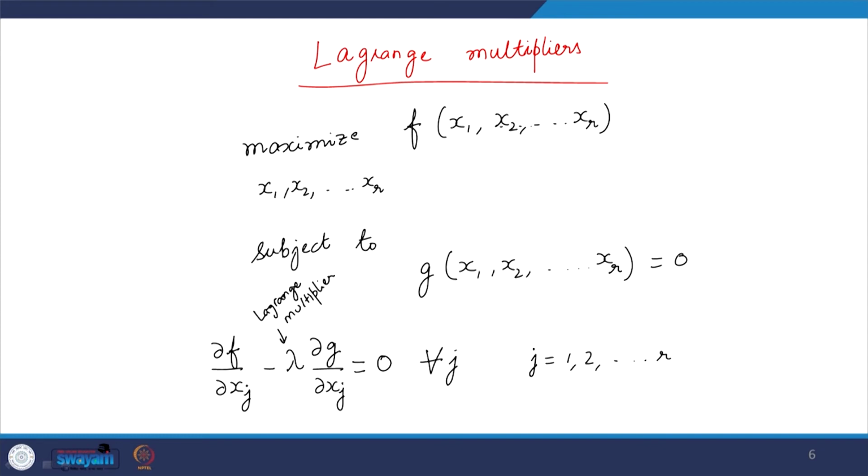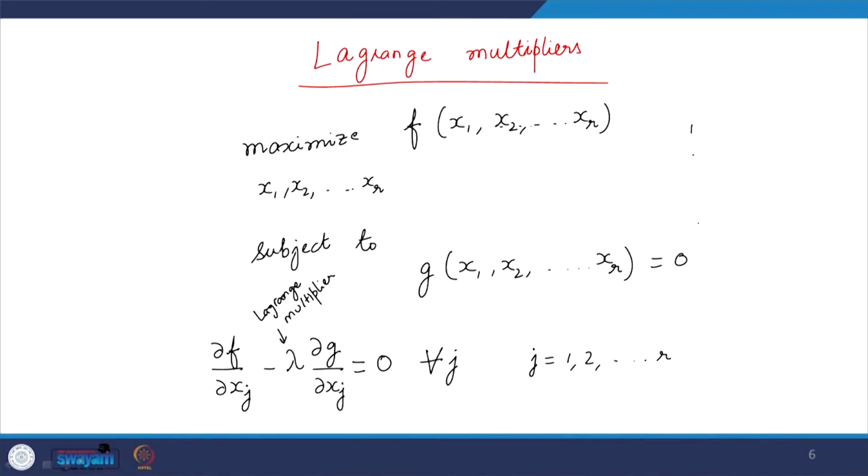So, for all values of j, the lambda variable remains the same. Of course, the derivatives are going to change. If you have more than one constraint, let us say we have 2 constraints g1 and g2, which can be any function. The functional form is not very important here. Then we have 2 Lagrange multipliers,